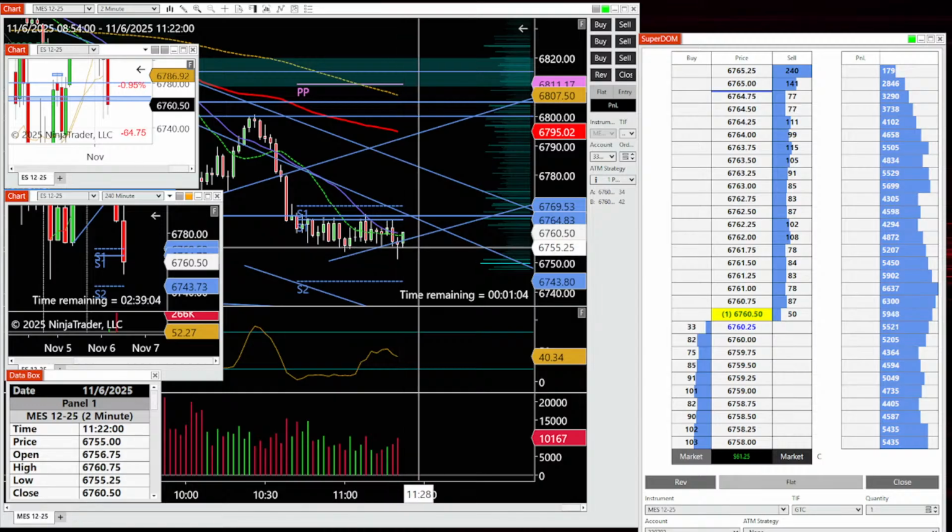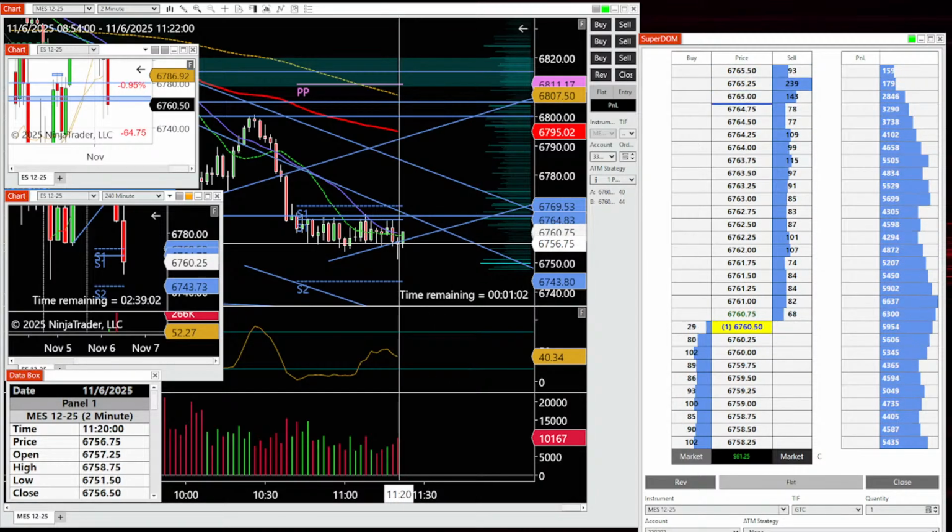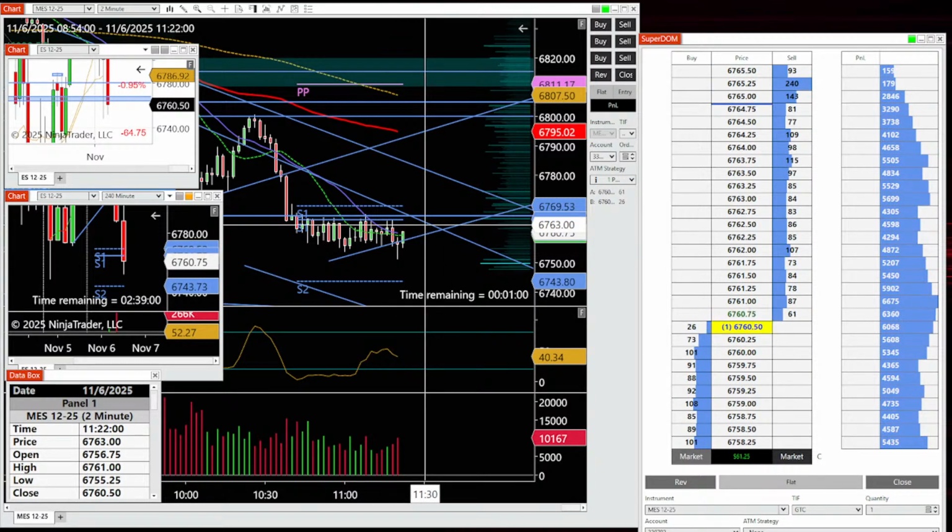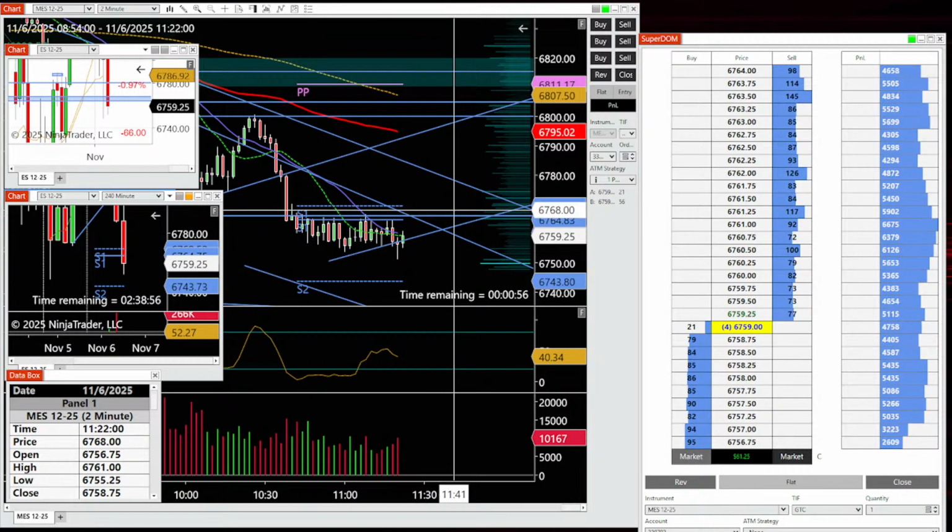Was that the little dip for the squeeze? Come back in here, consolidate, and break out